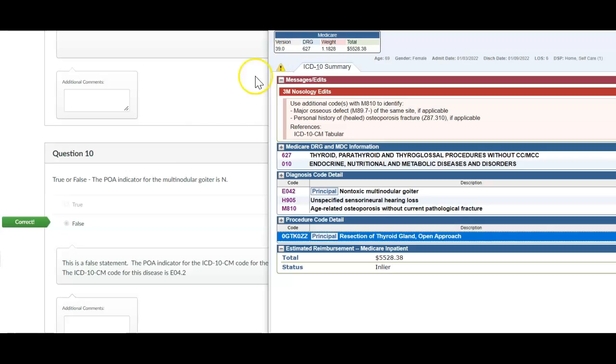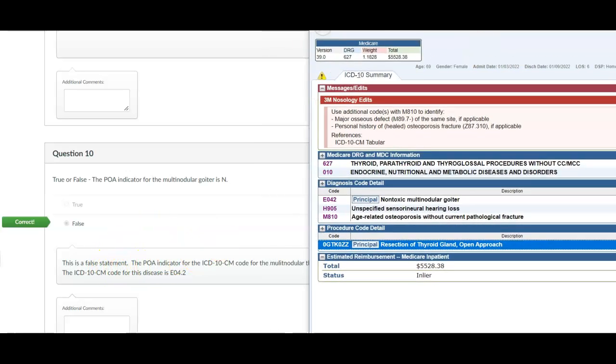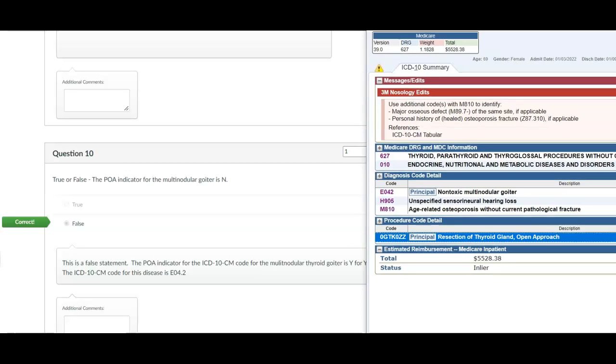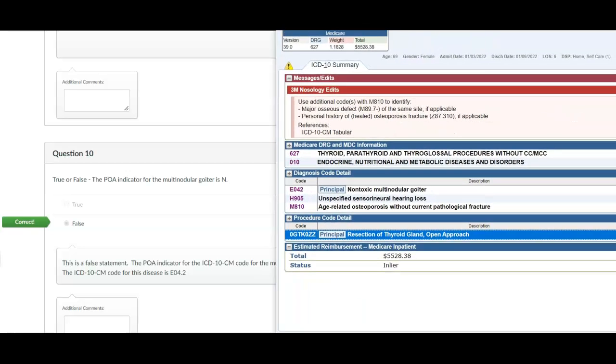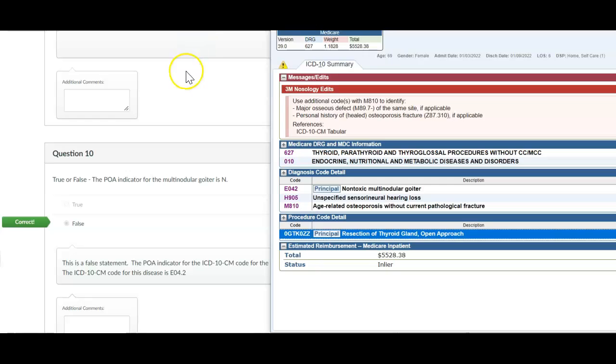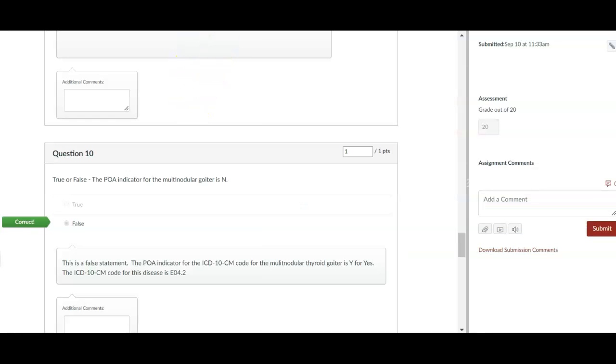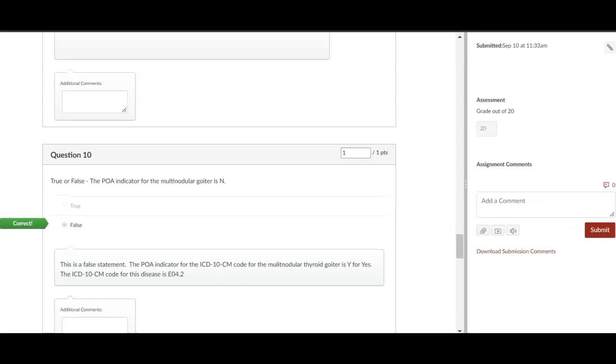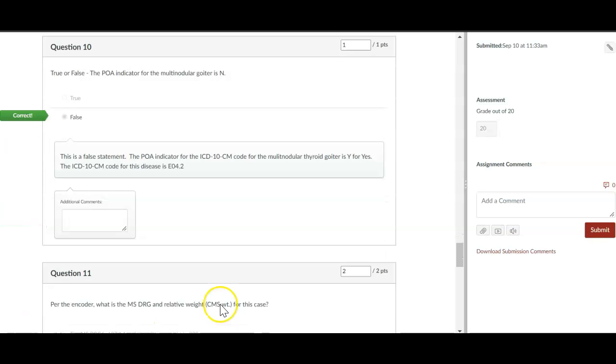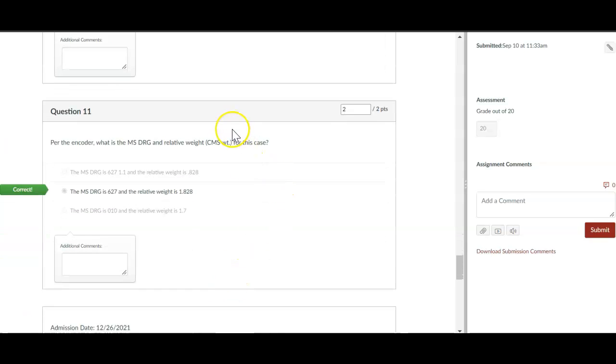Okay, so the POA indicator for the multinodular goiter is N. This is a false statement. The POA indicator for the ICD-10 should be yes. Keep that in mind. So with that, up here, go down. So we have all that. I am going to now